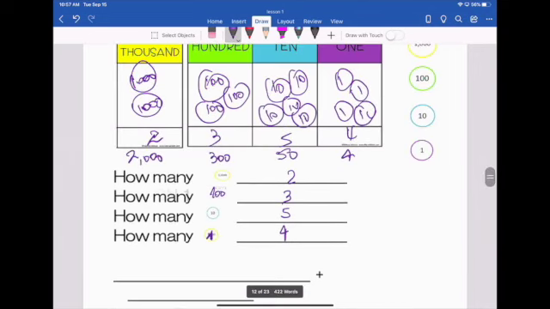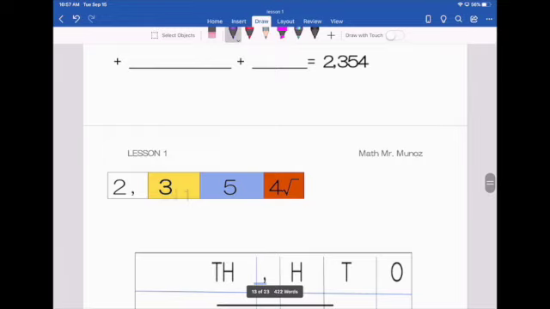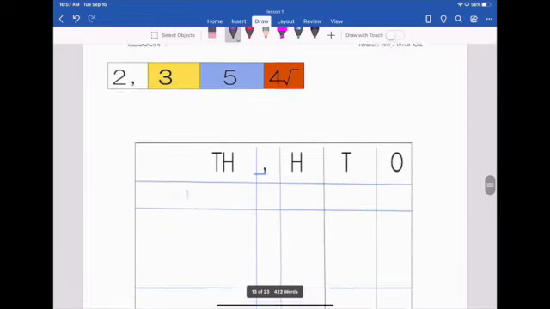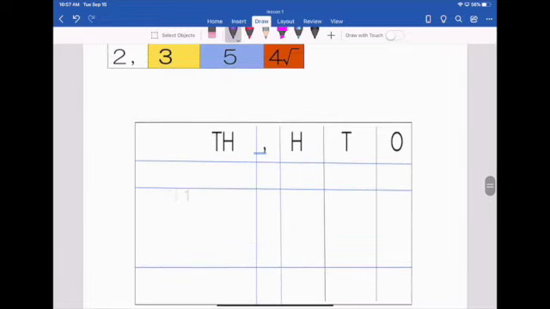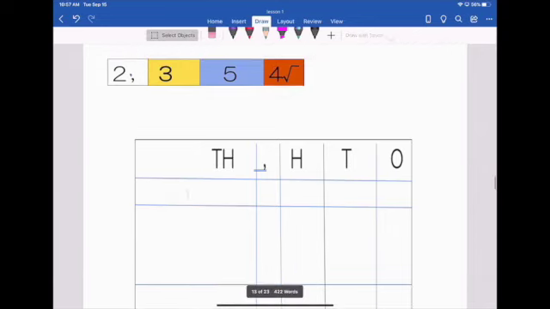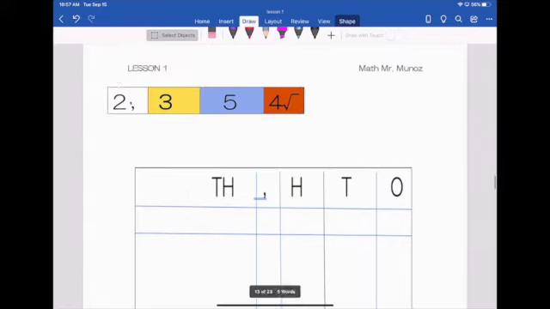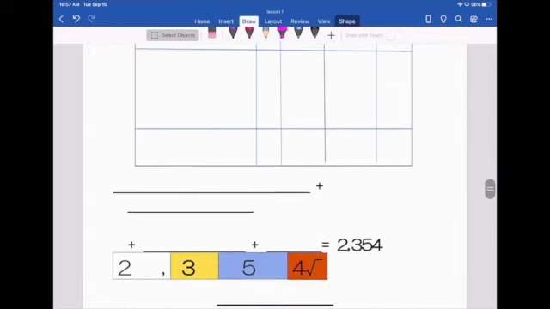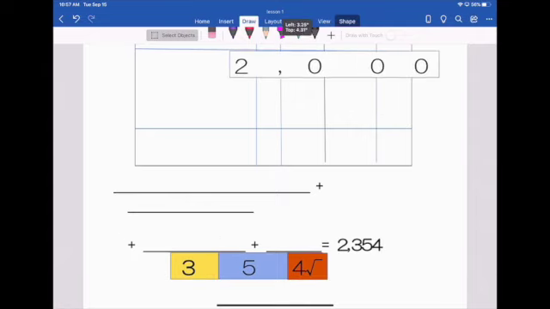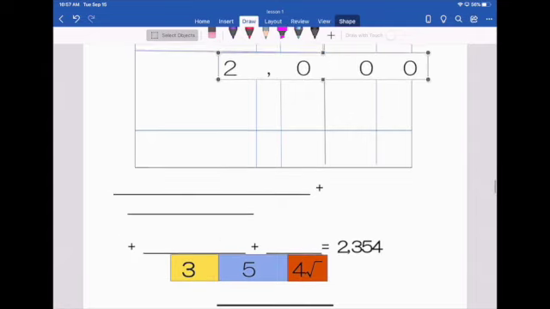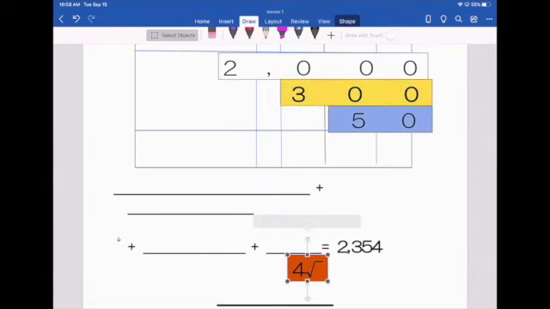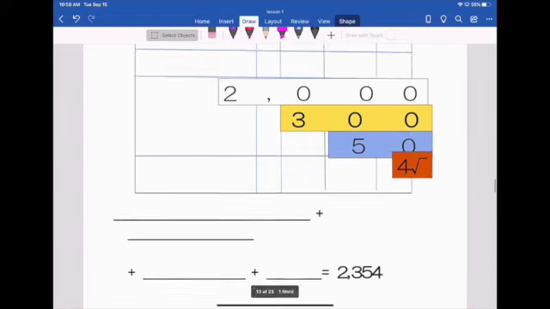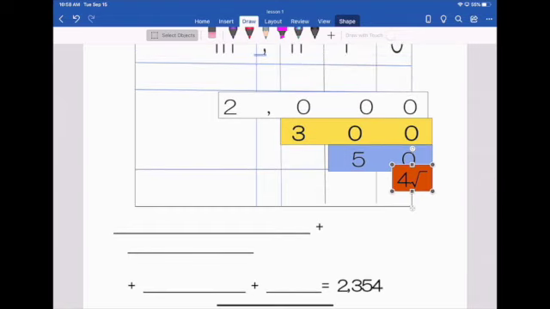So take this, you put 2000, you put 300, you put 50, and you put 4. But we need to do it on paper. So the number is